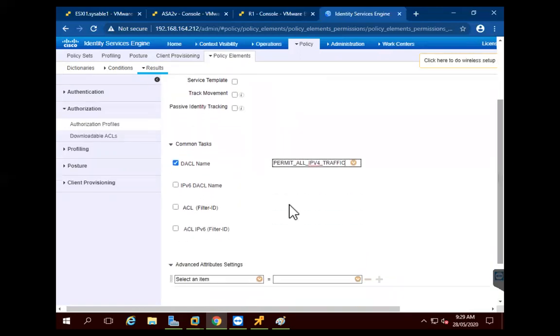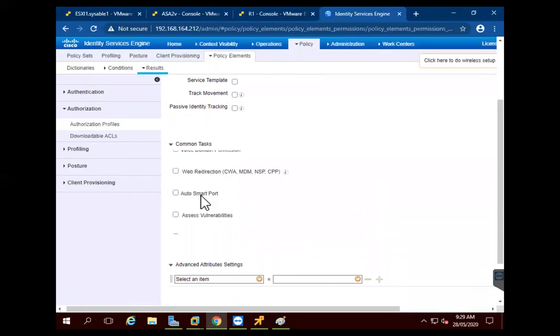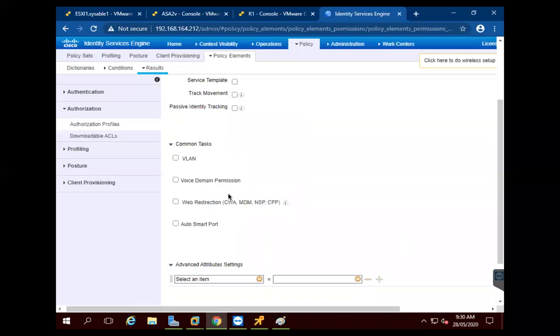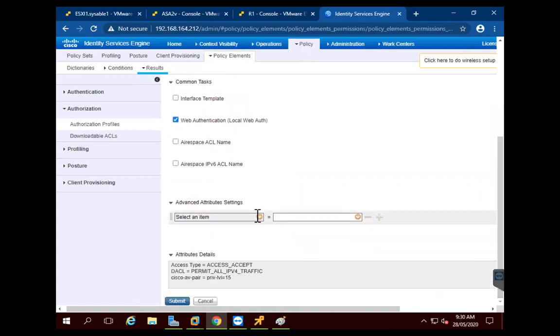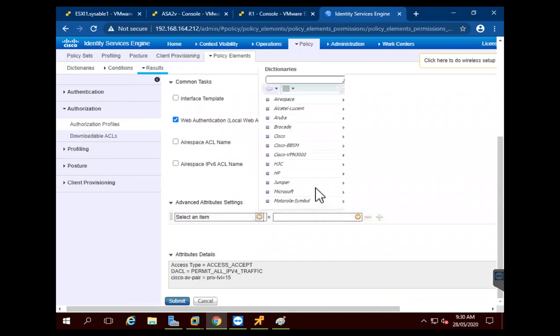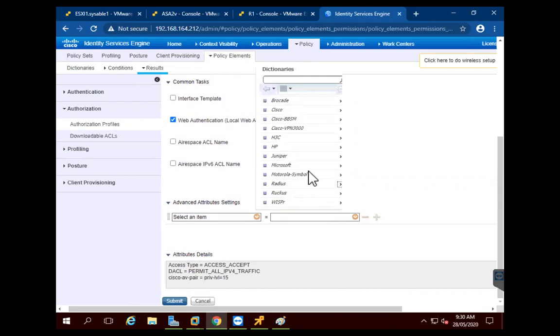So I'm just creating the permit all traffic, and next, after selecting the DACL, we will be selecting something called web authentication local. Yep, this is the one. And if you want to select any RADIUS timeout or something, then we can select attributes, click on attributes. And here we will be having the RADIUS, click on RADIUS.